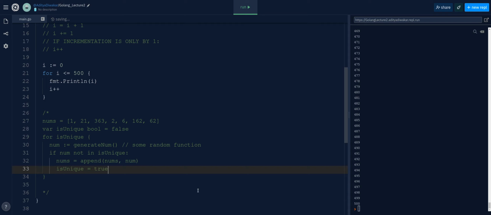So generally speaking, what this code is going to do, and I apologize if this is a bit too fast, and we're going to go a little bit over the 3 p.m. deadline, but that's okay, or 3 p.m. local time, whatever minute it turns in 2 minutes for your time zone. We're going to have this nums array, and these are the numbers that we already have, and let's say these could be user IDs. We always want to have unique user IDs, so we want to pick a value that doesn't already exist. We're going to define a variable called isUnique, and it's a Boolean. A Boolean value is true or false, and by default we say it's false. And then we're going to say it's